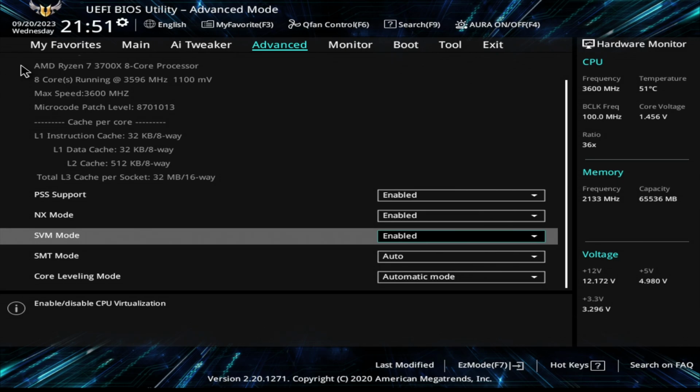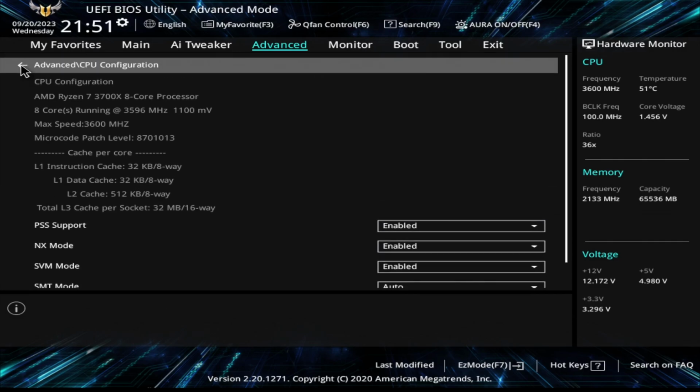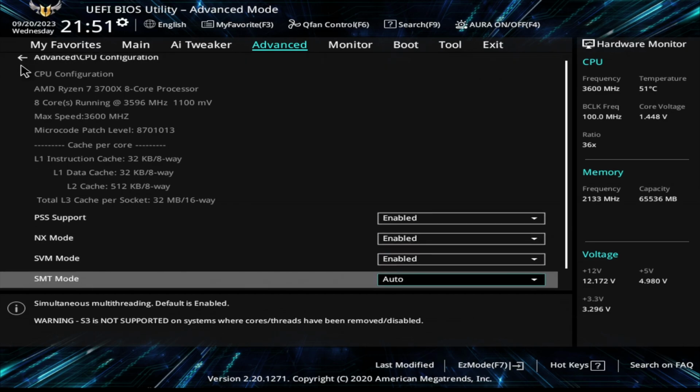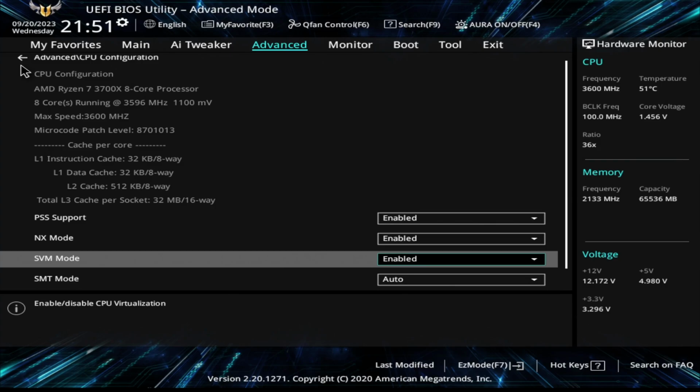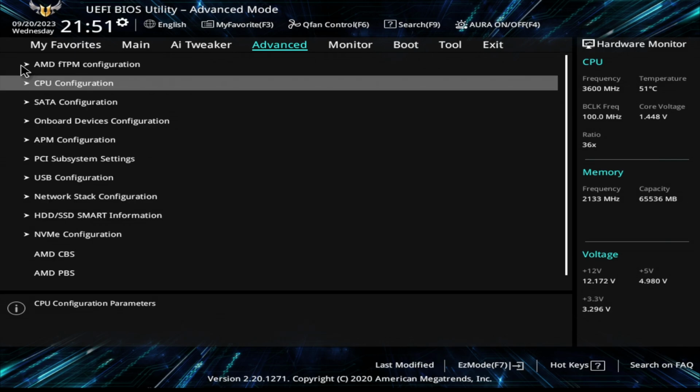So you have to go under Advanced, and let me see if I can walk you through it here, and then go to Advanced CPU Configuration, and then click on SVM Mode, and then enable it. And I did that now, so I'm going to hit the Escape key, and then